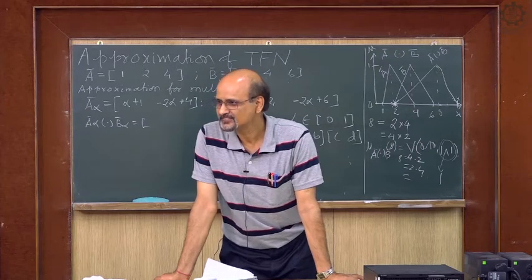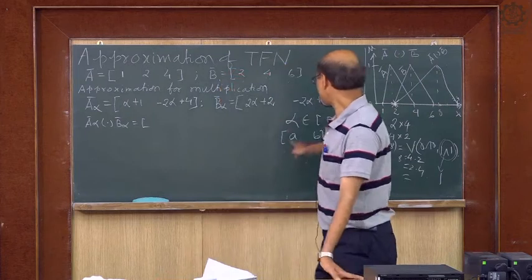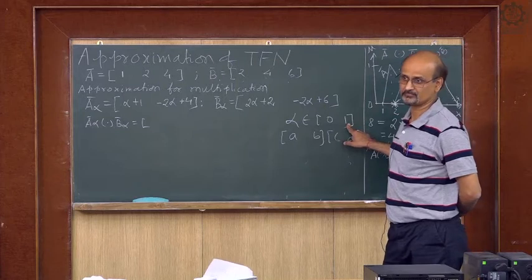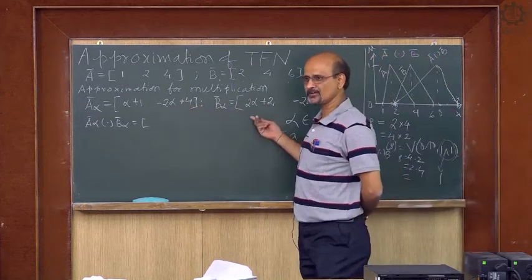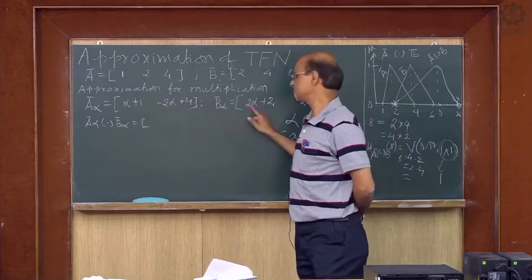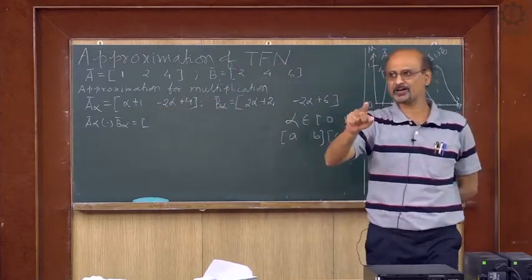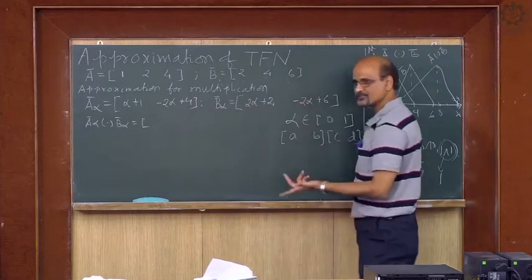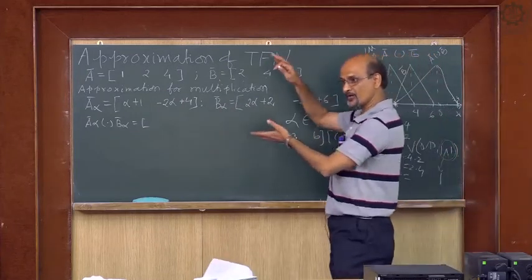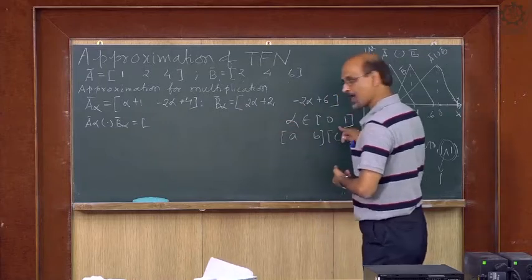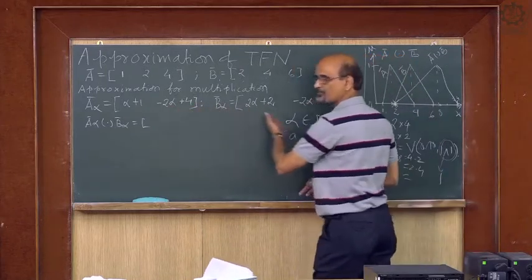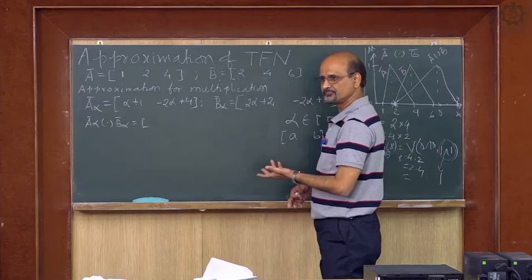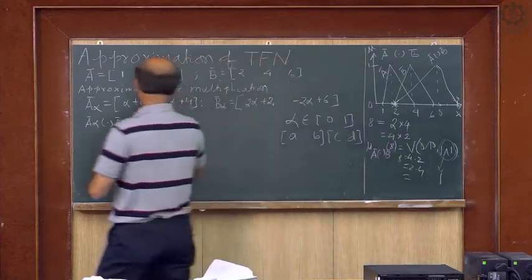That is correct. Yes, because alpha belongs to 0, 1, the minimum value of alpha is 0, the maximum value of alpha is 1. That is okay. Now you put 0 or 1, always these numbers are positive, and I have done it for R plus. The formula I have written for R plus, this into this and this into this. That is why I wrote one for R and one for R plus, because you know alpha belongs to 0, 1, so these are all positive. You put any value of alpha here, you will get a positive value or not. So I can multiply this very easily.